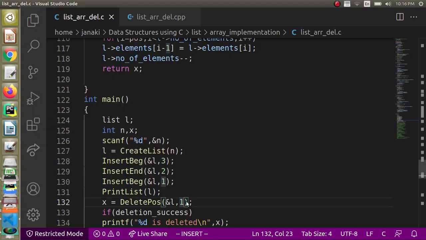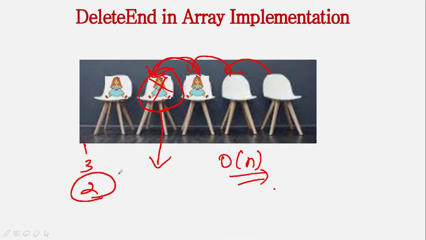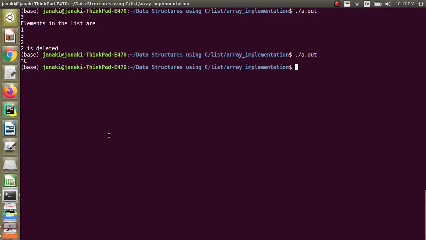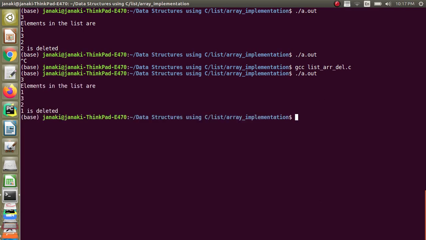So the same list 1, 3, 2. Now I am going to tell delete at position 1, which means it will delete 1, right? That's what should happen. Yes, 1 is deleted.